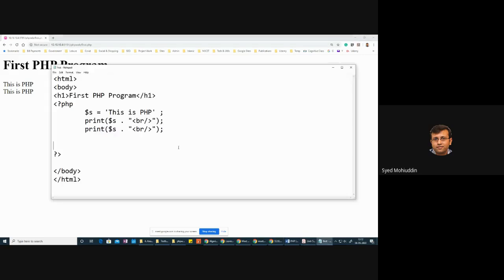So that's the mistake I made. Plus is not the concatenation operator. In PHP, we use dot as the concatenation operator. Now let us come back. Let us say strlen is the function we will use, and